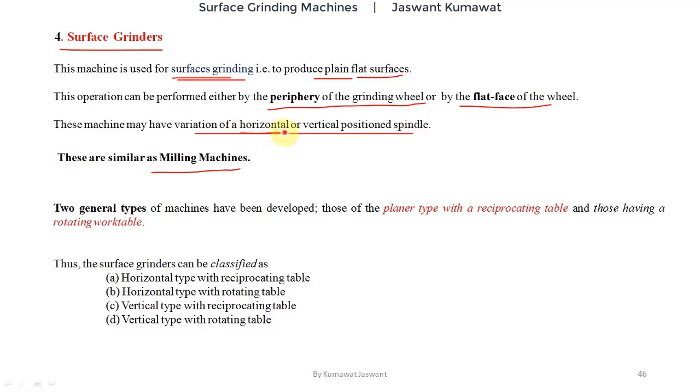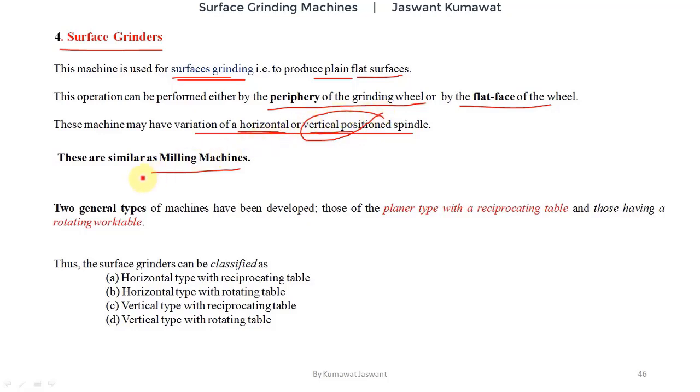In horizontal surface grinders, grinding is done by the periphery of the grinding wheel, and in vertical surface grinders, grinding is done by the side face of the wheel. In vertical grinding machines, cup type, cylindrical and segmented wheels are used. Here the area of contact is large, while in horizontal grinding machines the area of contact is lesser. Also, the vertically positioned spindle grinding machines are of bigger capacities.